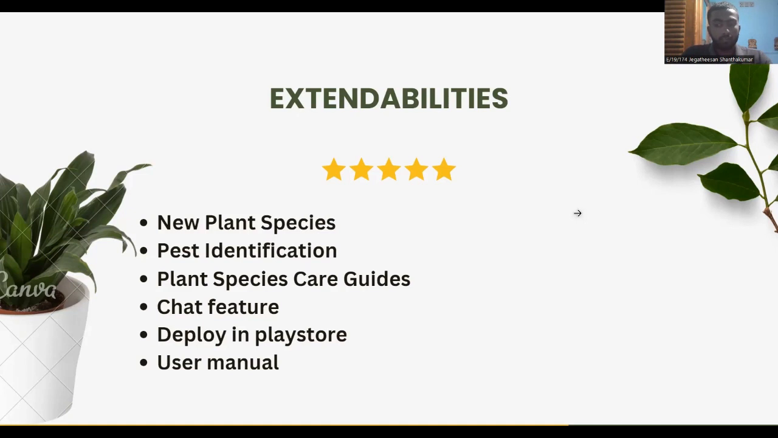That means releasing our mobile application on the Google Play Store. This is one of the largest and most popular distribution platforms for Android devices. Last one is user manual. These are the extendabilities for our mobile application. And next one,